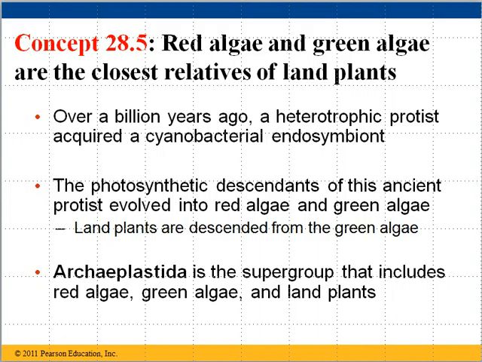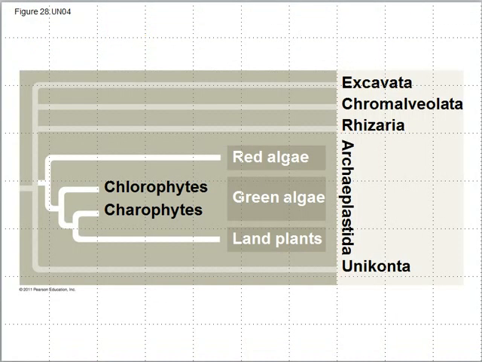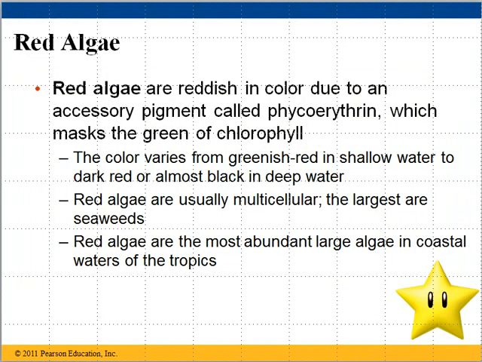So we're going to look at red algae and green algae, in particular one variety of the green algae, and that will be our examples for Archaeoplastida. So here we are. We've already looked at 3 different supergroups that contain nothing but protists. In our fourth supergroup, we have a mixture of protists plus the land plants that we're more familiar with. We're going to start with the protist red algae.